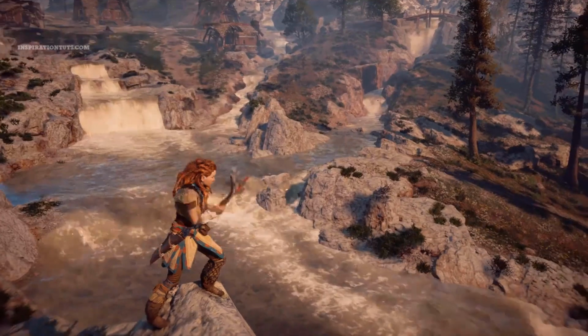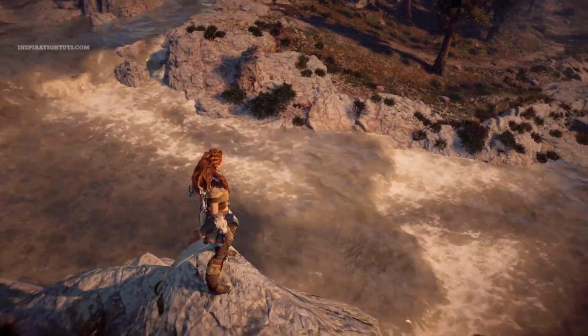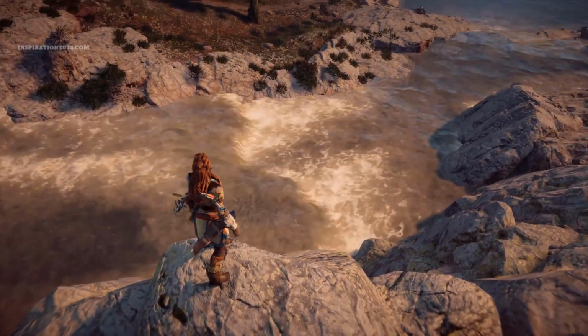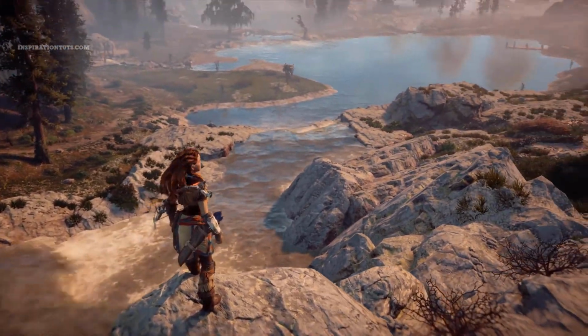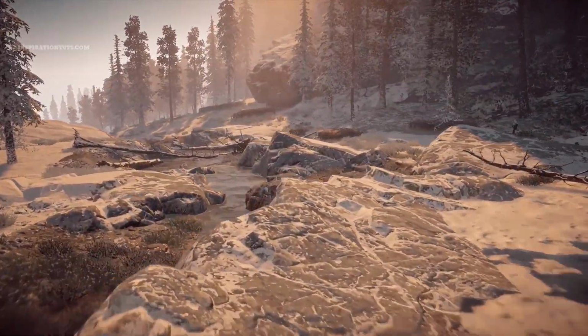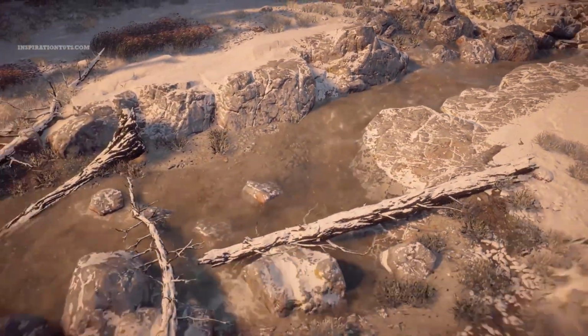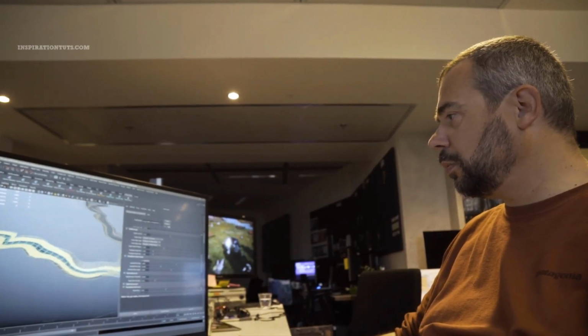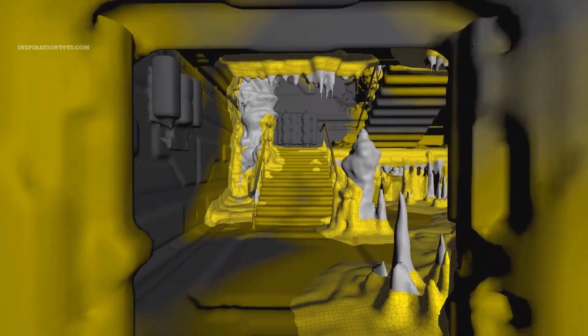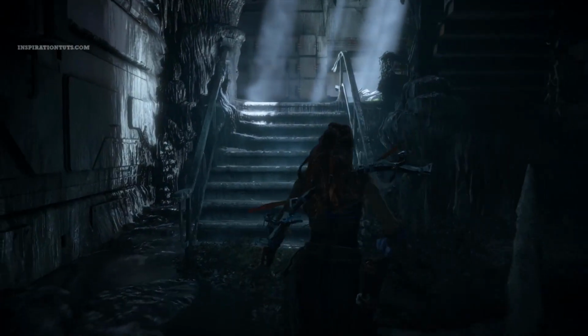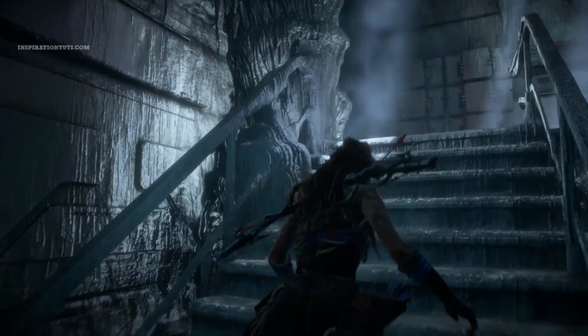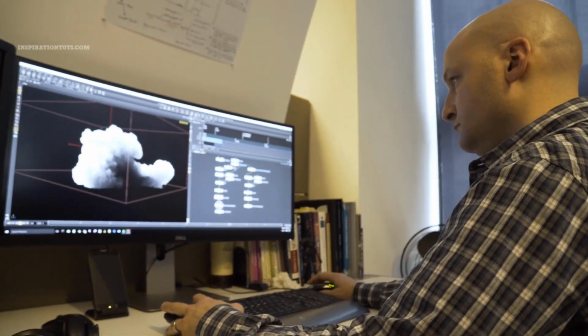Horizon Zero Dawn. Guerrilla Games used Houdini for Horizon Zero Dawn for rivers and water effects, using the Houdini plugin inside Maya to allow the environment artists to create and modify the rivers. One of the senior artists in Guerrilla Games made a system to create a blend between ice effects and the interior environments. They also used Houdini to do prototyping for clouds, they did the placement of water splashes, and they